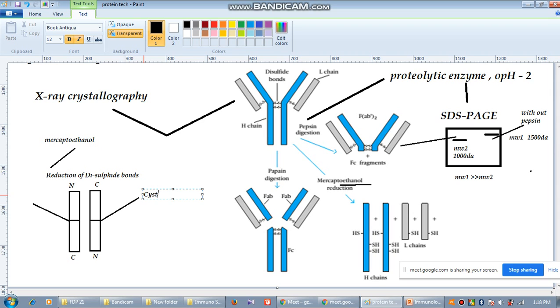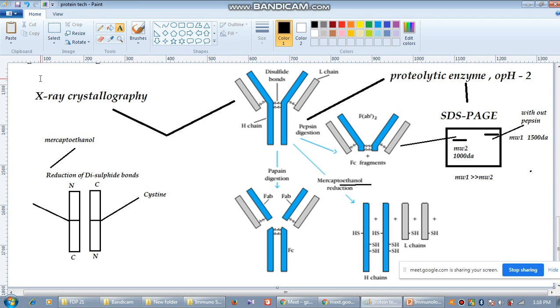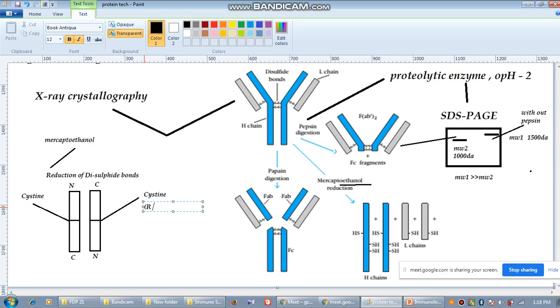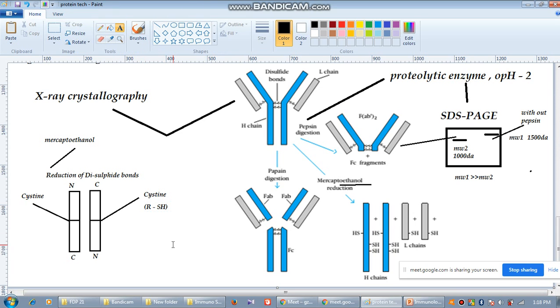What is the name of the amino acid? Cysteine. Here one molecule of cysteine, here one more molecule of cysteine. Here you see. Now cysteine, what is the structure of cysteine? So if we write the structure of cysteine, the R group is nothing but SH. So here one SH, here one SH. Now when two sulfhydryl groups, this is called a sulfhydryl group,